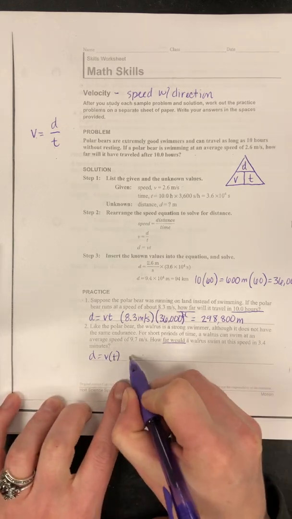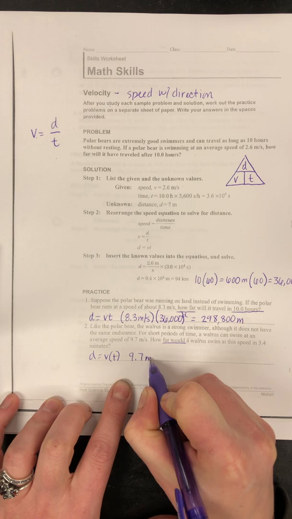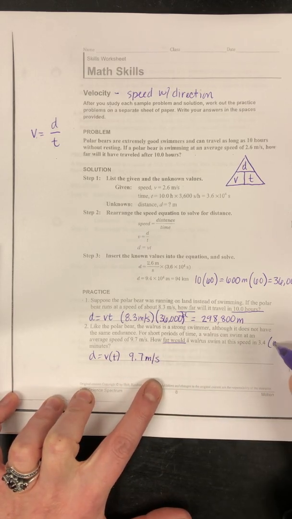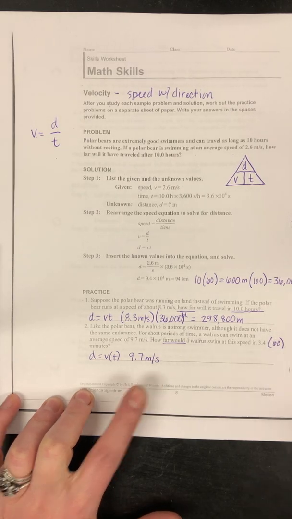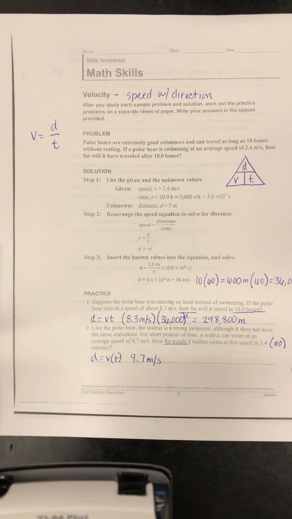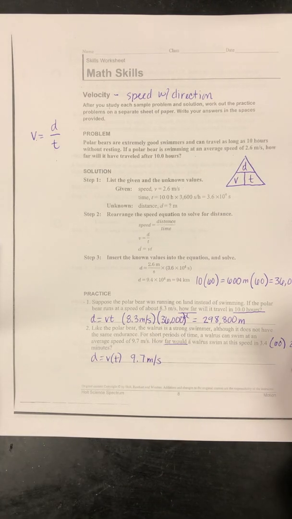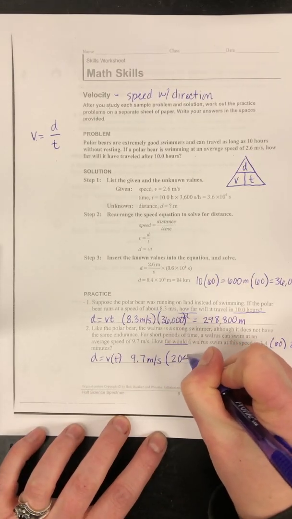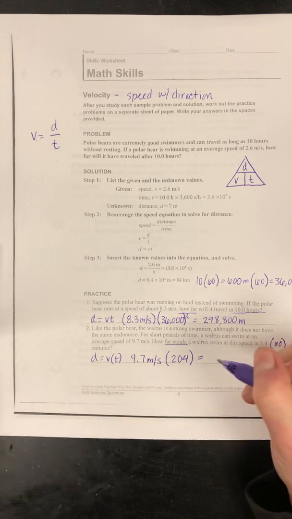So the velocity was 9.7 meters per second. The time is 3.4 minutes, so we're going to multiply this by 60 to get it into seconds. So 3.4 times 60 is 204. So 9.7 times 204